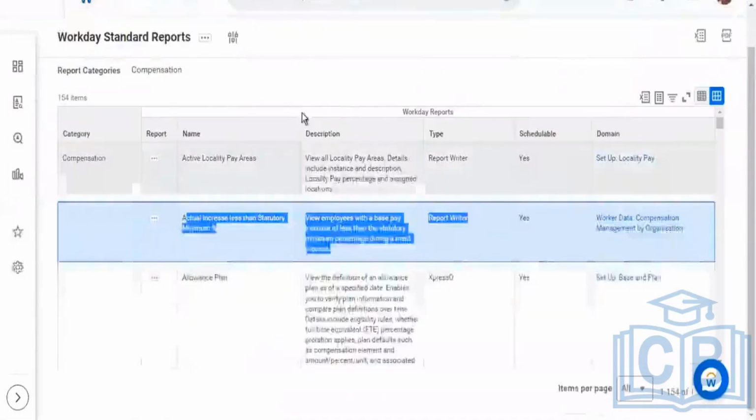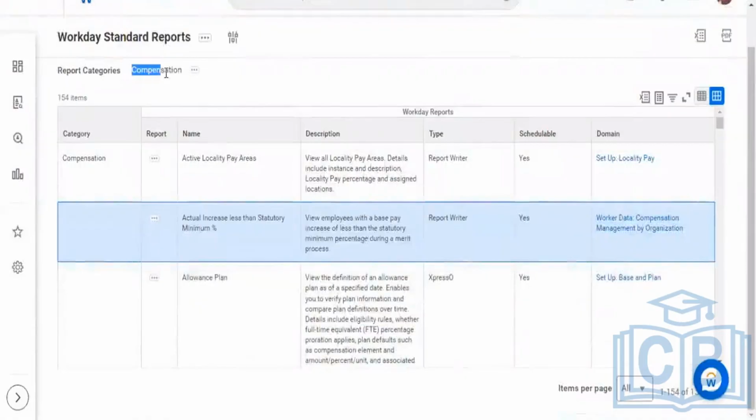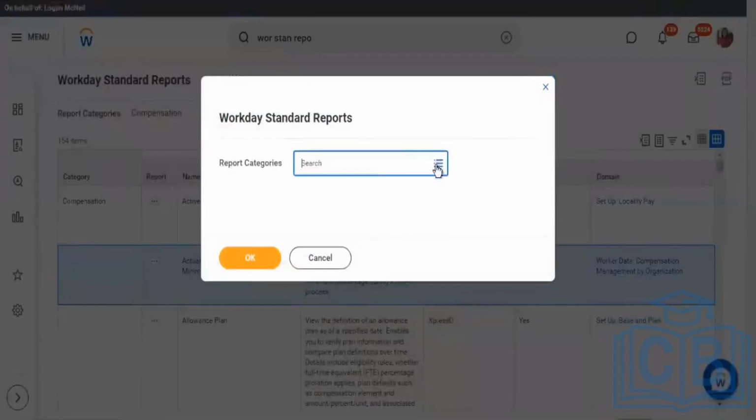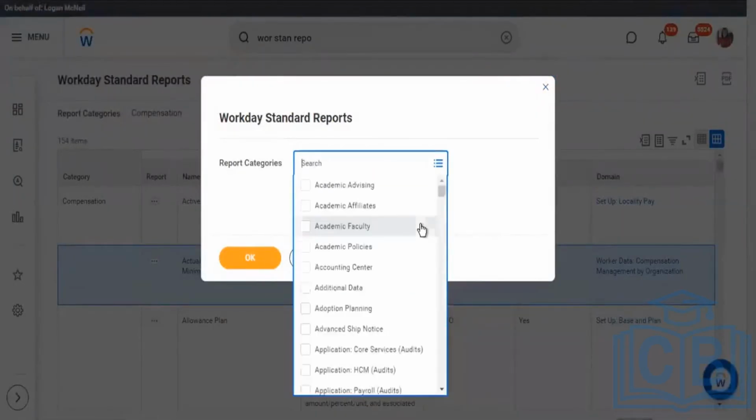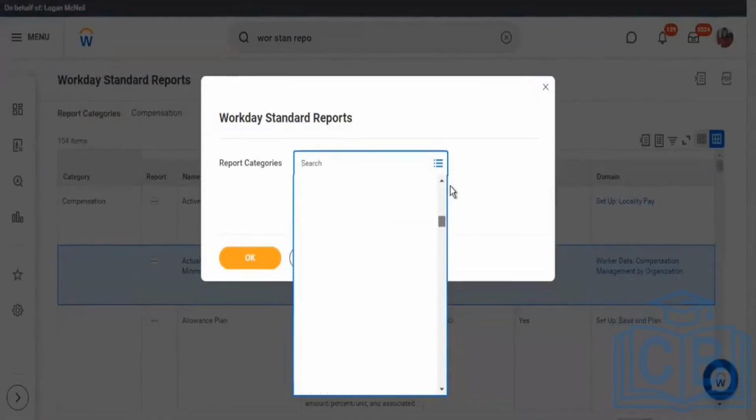When you run this report, which is Workday standard reports, we saw that I can select a specific report category and then it gives me all reports in that category. And there are quite a few report categories, I think there are some 200. When I want to get details of all the reports, or I want to see all the reports that